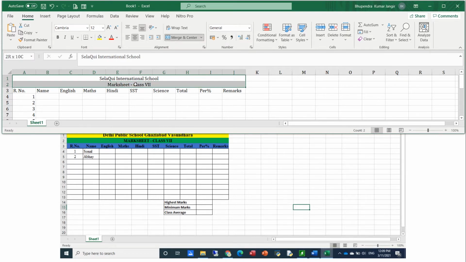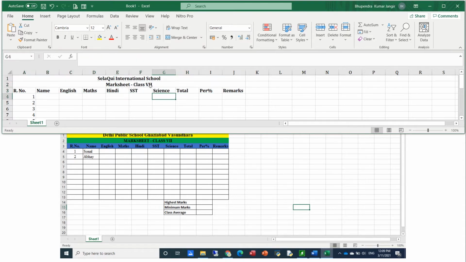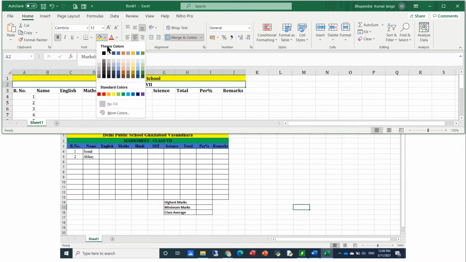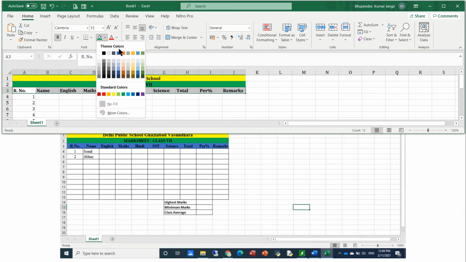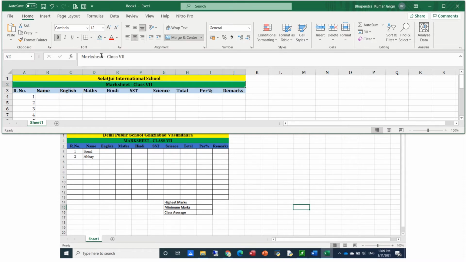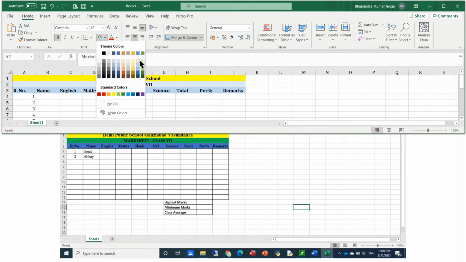Now I make these 3 bold also, so I'll use the shortcut key Ctrl B. This one is colored yellow, so I'll use the color yellow here, and I'll use the color green here, and I use the color blue here. So I'll use a bit lighter color here. Similarly, let me take a bit lighter for the green also.